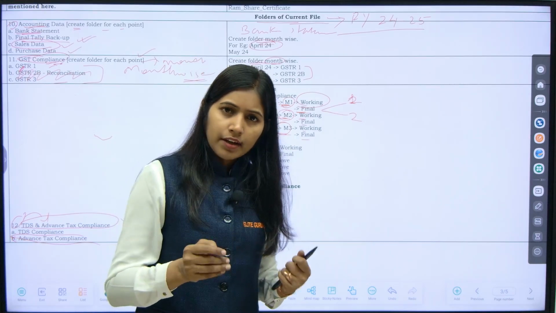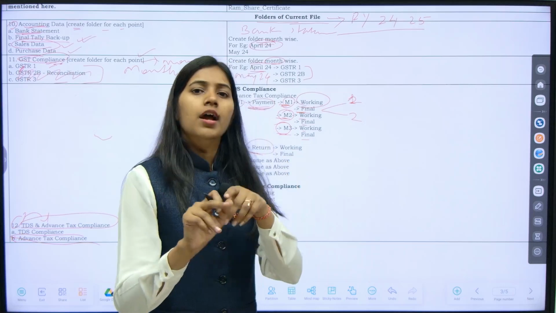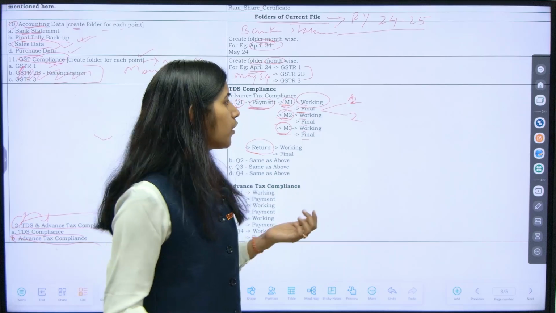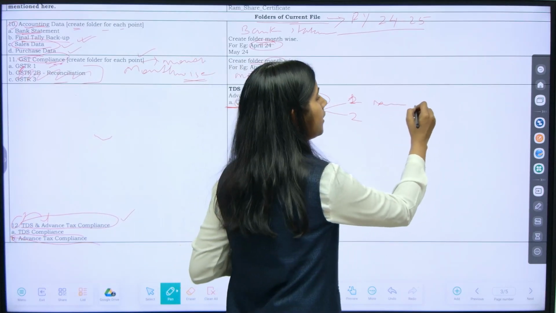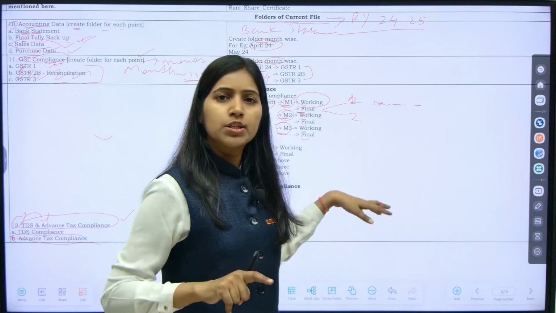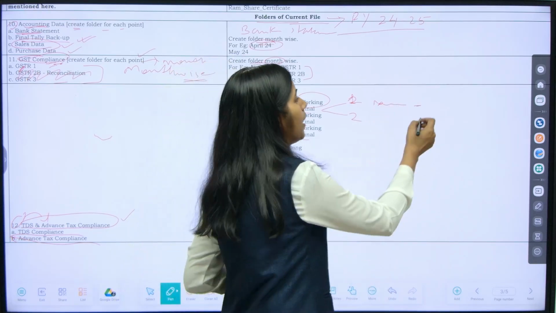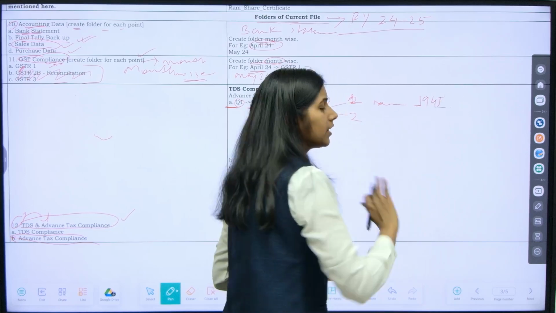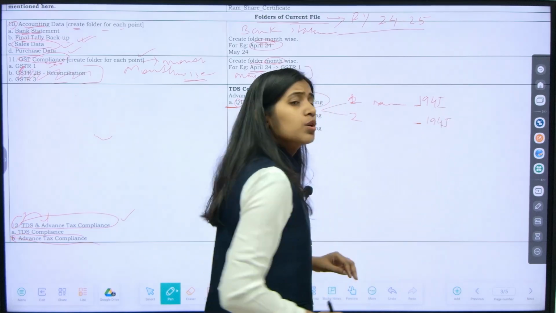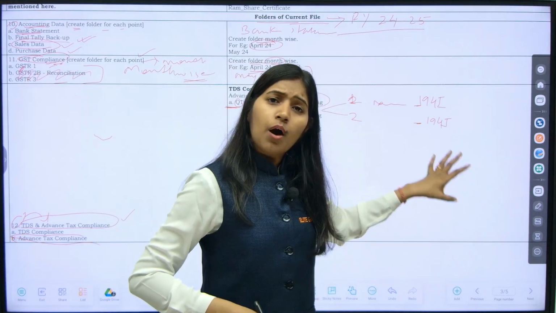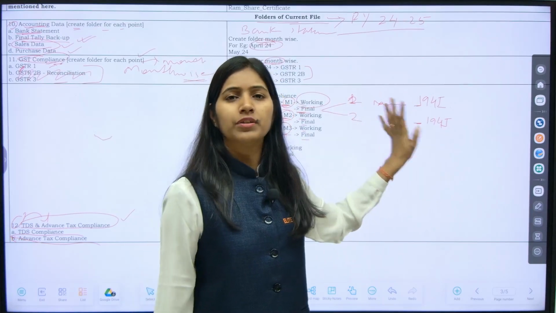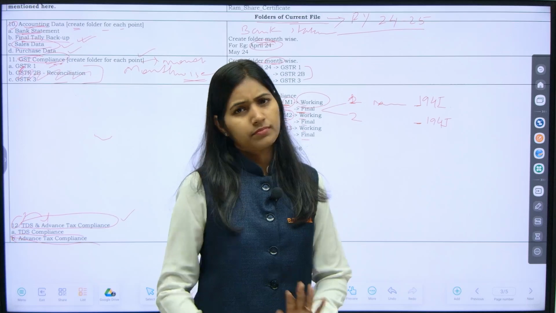Once you download the challan, it will have a certain code on it. But you don't know which section it is for. So whatever code is there, put an underscore. Before naming it, you have to check the section. If you understood this is for section 194I, then underscore 194I, that's all. If it is for 194J, then underscore 194J. So what will happen? Without opening the PDF, I can see which challan has been kept for which section. Very simple.